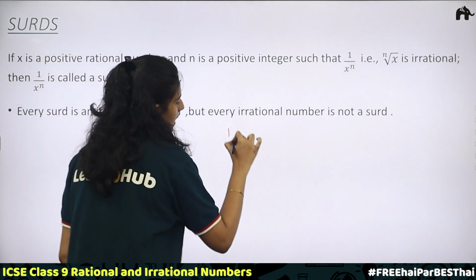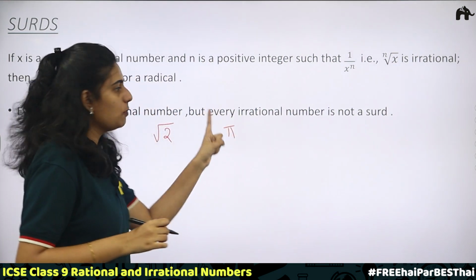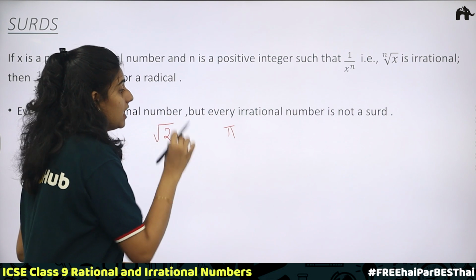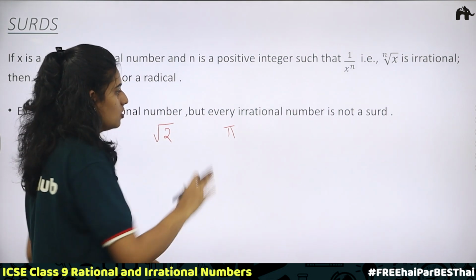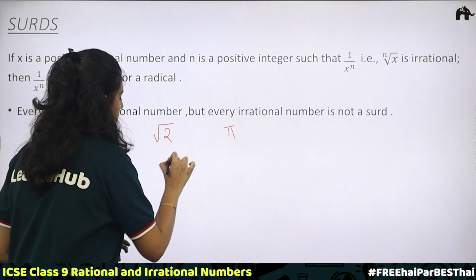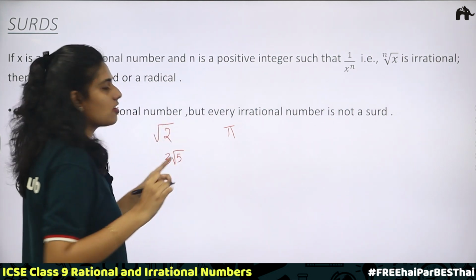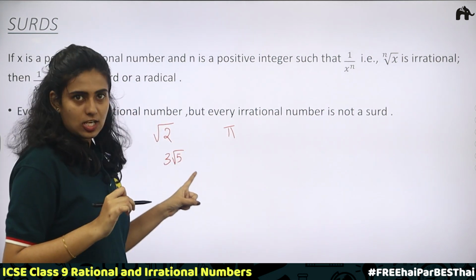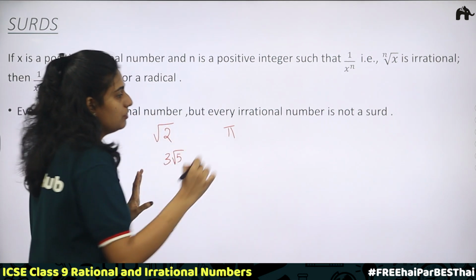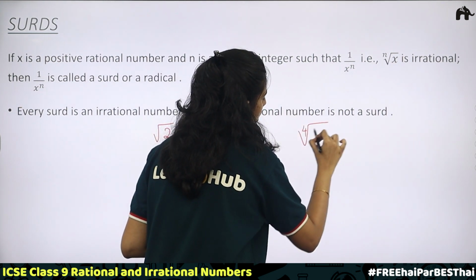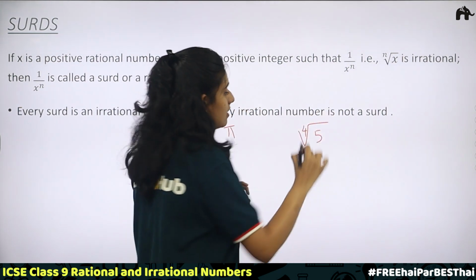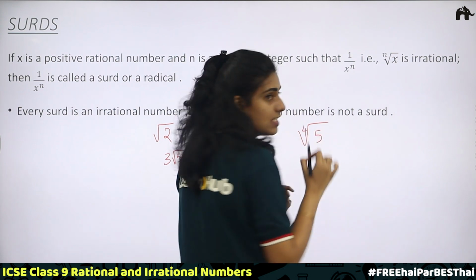But when you take pi, pi is an irrational number. We know pi is an irrational number. But pi is not a surd. Okay, so this is a main difference. If you take 3 root 5, 3 root 5 is not a surd, but it is an irrational number. Clear? Now, if you have the 4th root of 5,